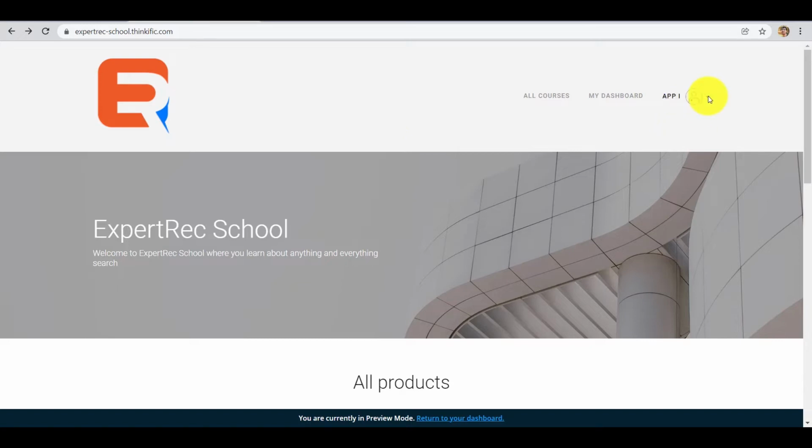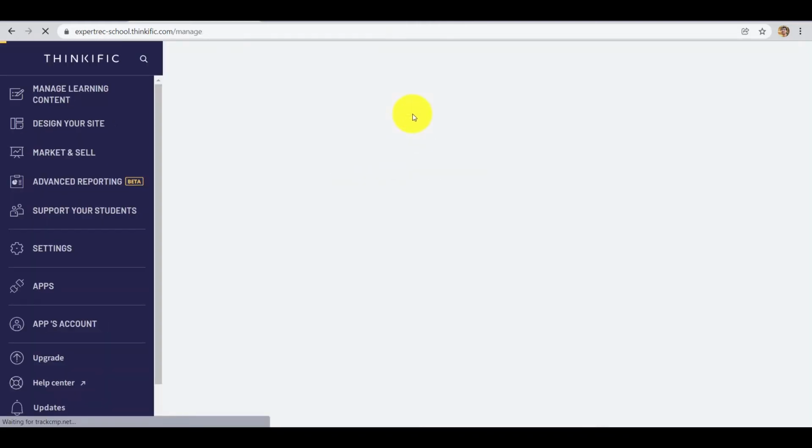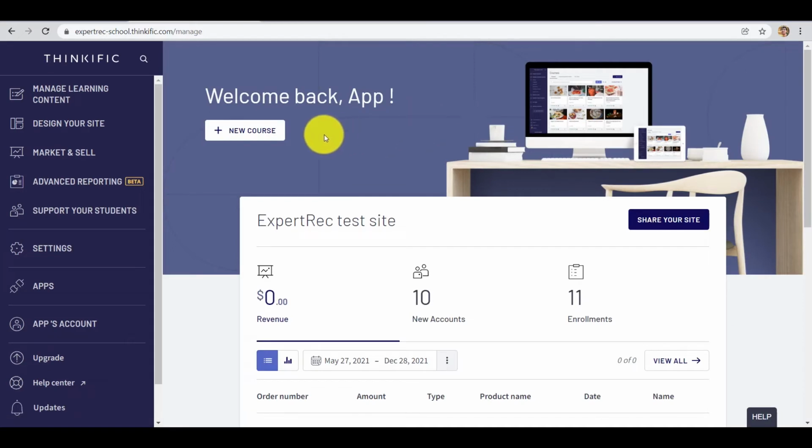ExpertRec helps you add a search bar to your Thinkific site, which should help your prospective students find the courses suited for them and help existing students find the right content within the course. To begin, go to the admin section of a Thinkific site,